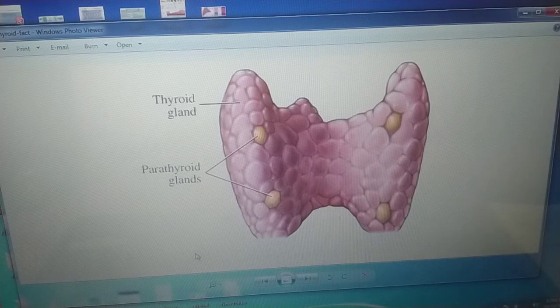So if excess of parathyroid hormone is released, there will be too much release of calcium and phosphate from the bone, and the bones become weak and they bend. This condition leads to osteitis fibrosa cystica or osteoporosis. Now because bones become deformed, they are easily fractured. Weak bones can